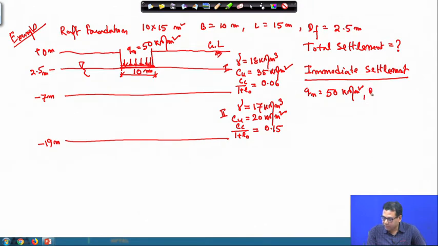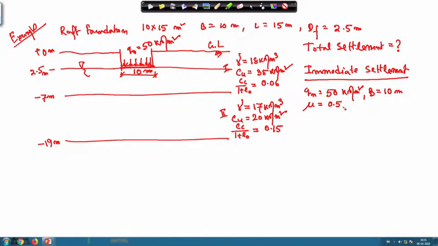per meter square, B is equal to 10 meter, and we need the value of Poisson ratio. In the clay, if it is undrained condition, the Poisson ratio range I have given in the table. So from here I am taking the Poisson ratio value as 0.5. And in the problem that will be given in the assignment and the exam, this Poisson ratio value will be given.